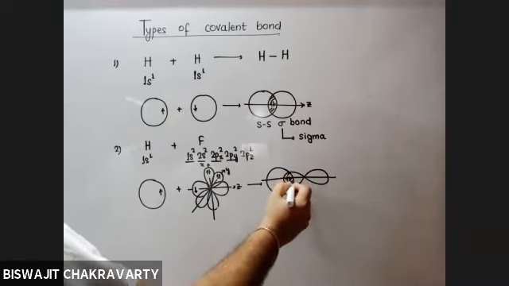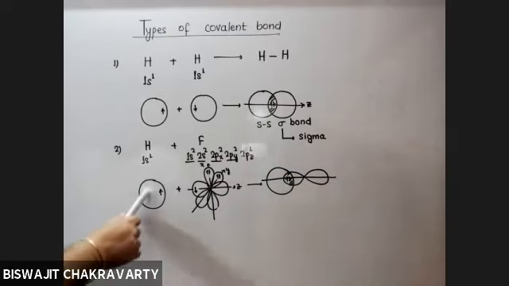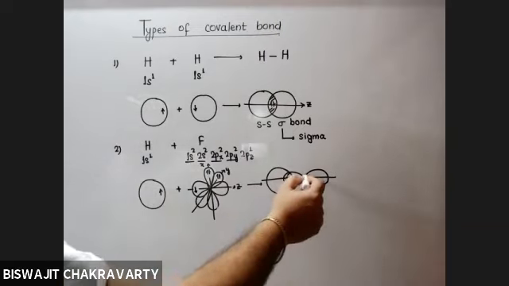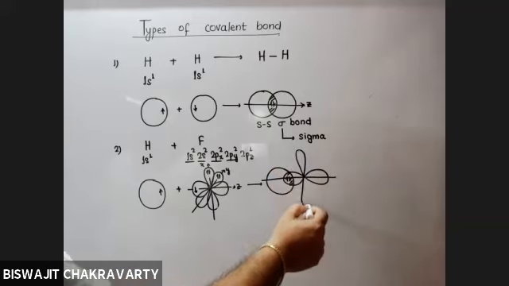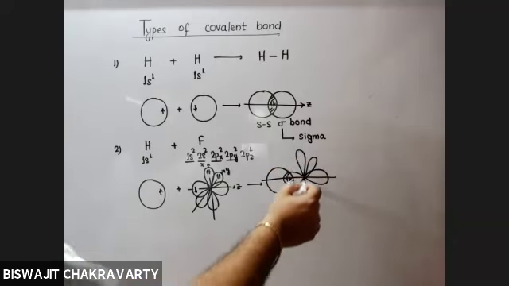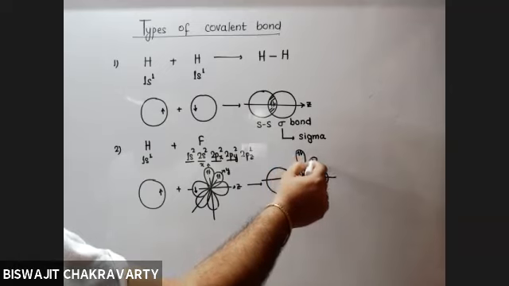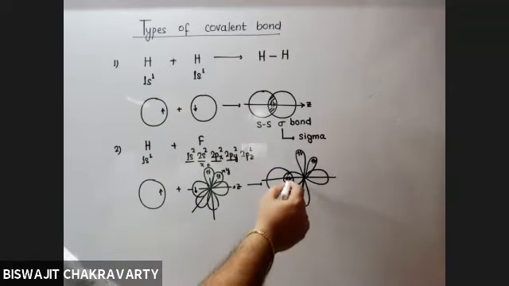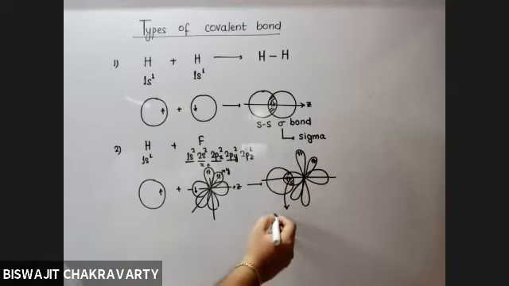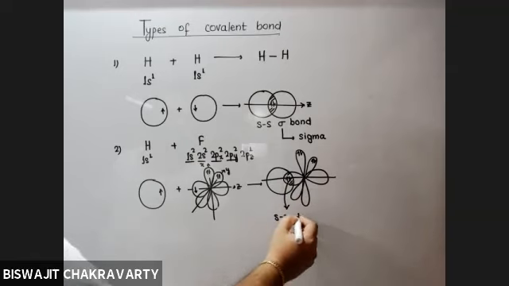So again we see that this s orbital overlaps with the pz and forms a sigma bond again. The other two, even if you don't draw them, it doesn't matter, because they are not taking part in bond formation as they have paired up electrons. This type of bond is again a sigma bond, but it is called an sp sigma bond.